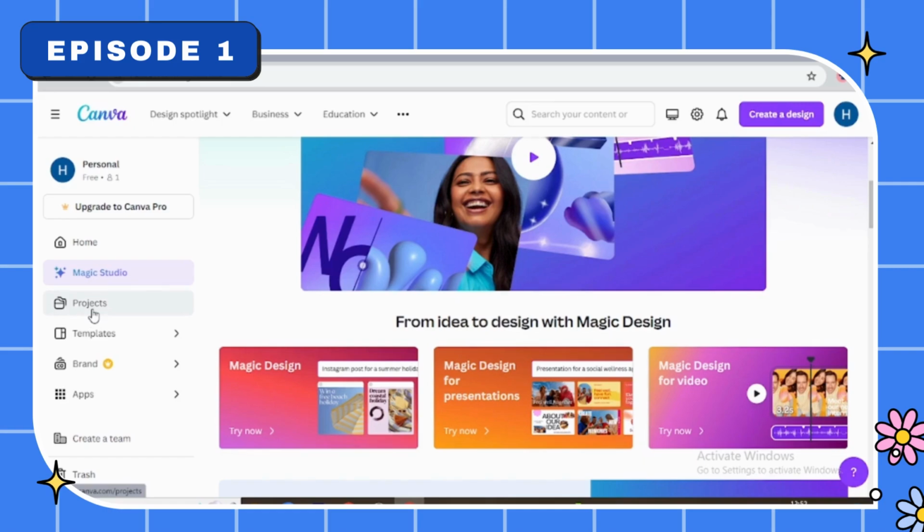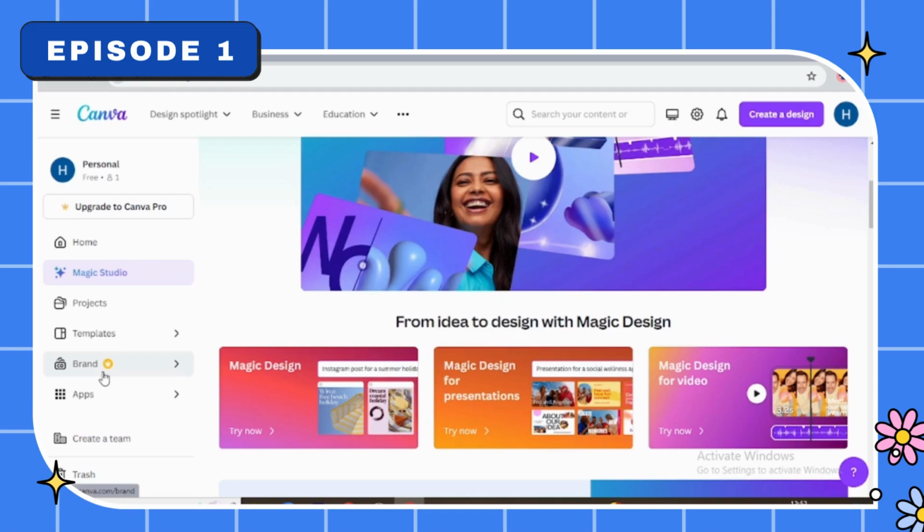Now the next is the templates that I already told you have many categories from which you can choose and design according to your needs. Another tab is the brand tab that comes with the pro version of Canva, in which you can select your brand colors and your logo.